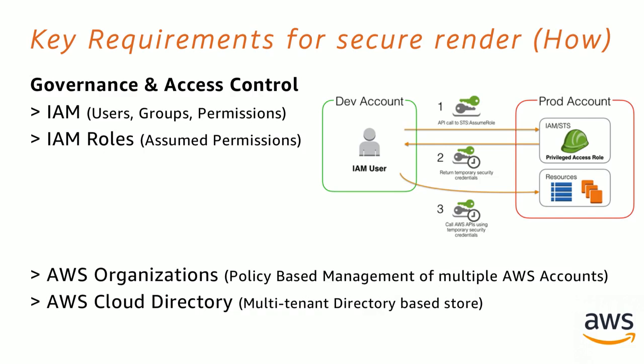Then there is AWS Organizations. That's a fully managed service. It gives you policy-based management of multiple AWS accounts. One of the requirements that you're going to hear from the studios is that every single project or every single studio customer should have a separate AWS account. If you are a service provider, you have 50 different projects going on simultaneously, good luck managing it. So AWS Organizations does that for you, where you can manage all these different accounts based on policy. For this project, I have this account. For that other project, I have that other account for the user, etc.